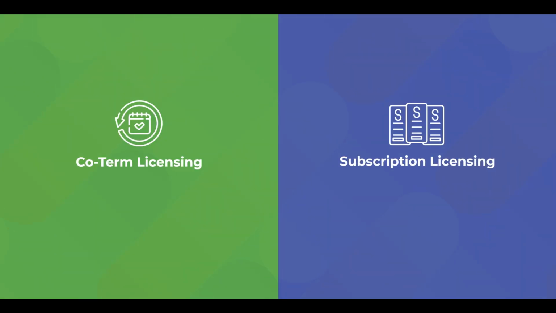Both of these licensing models provide access to the same Meraki features and cloud management platform. The differences lie in how licenses are organized and renewed. Co-term licensing focuses on simplicity and flexibility, while subscription licensing focuses on predictability and lifecycle structure. Choosing between the two often depends on how an organization plans to expand its network over time.